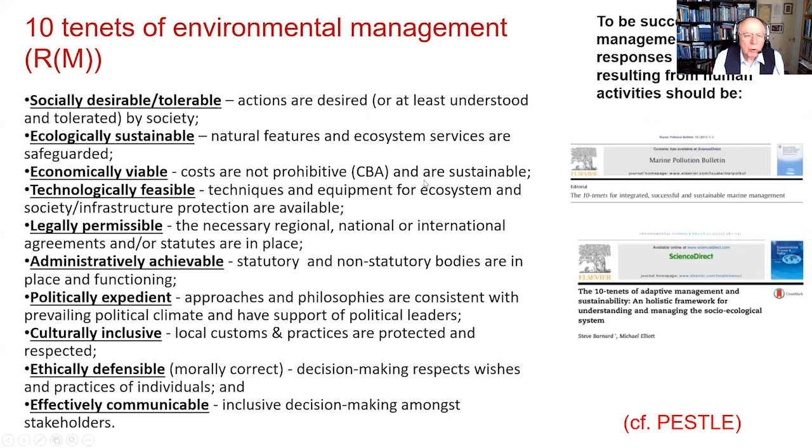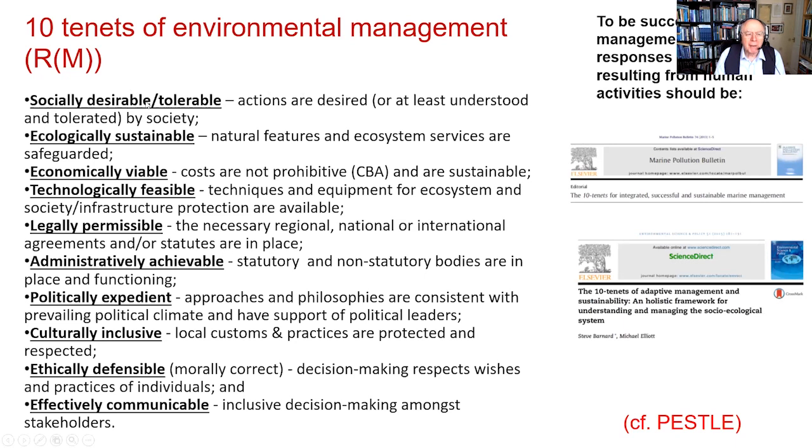So now let's quickly talk about the solutions to these problems. So we've said where the problems are coming from. We've said what sorts of problems we've got. Now let's talk about solutions. And a while ago, we started talking about tenets of environmental management. A tenet is a sort of a soft law. And eventually we decided there was 10 of these. There's various iterations, and we published papers with 6 tenets and 7 tenets and 10 tenets, but there are now 10 of these. And you'll see that the solutions we've got for environmental management cover these things.